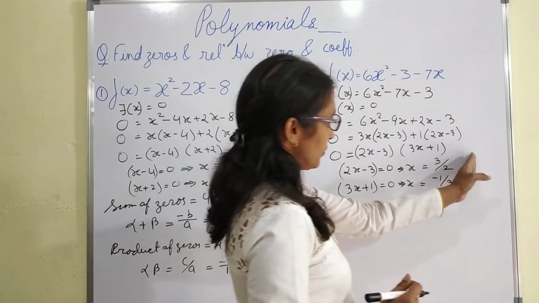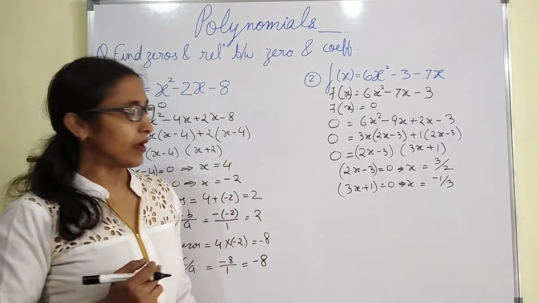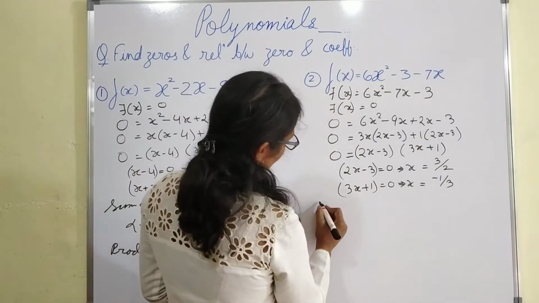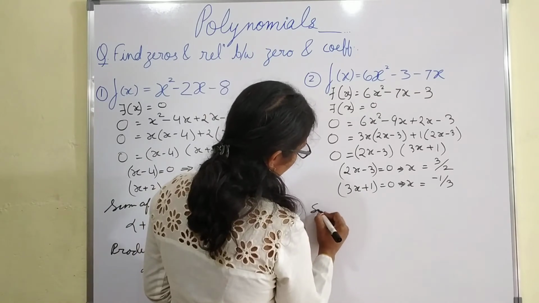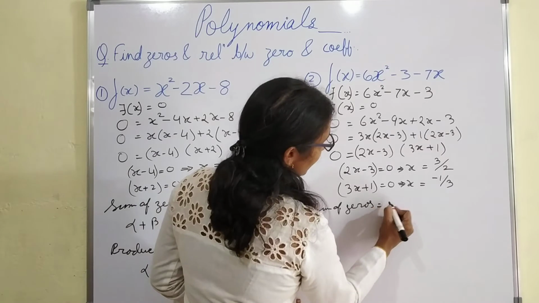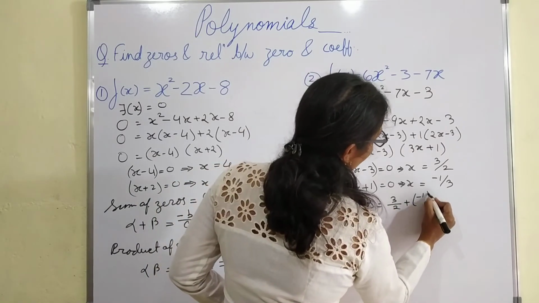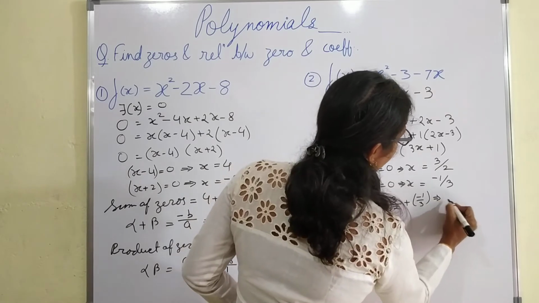Okay. Thus, we got two zeros, 3 upon 2 and minus 1 upon 3. So, next is sum of zeros. Sum of zeros, 3 upon 2 plus minus 1 upon 3, it will be